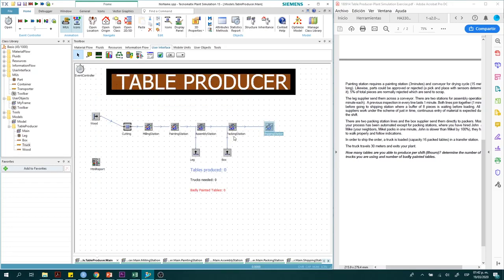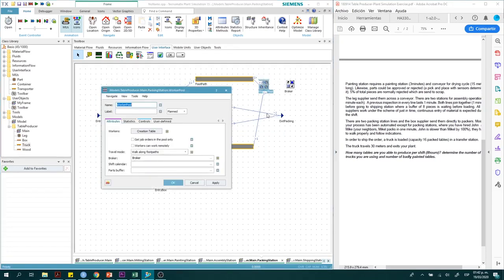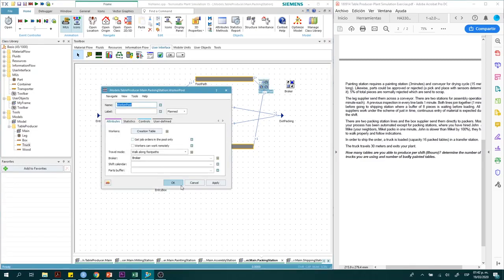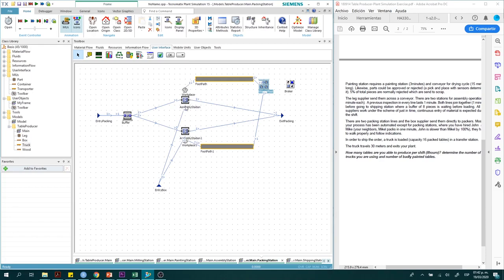Also, over the packing station, I forgot to mention that you must untick this option, get job orders in the pool only. If you have this option selected, then the worker is going to come here, stop working, and then it is going to stop doing everything. So untick this option here for the worker to continue working here and here also. If not, then the worker is going to return and then come back and then return. So make sure to untick that option over there,